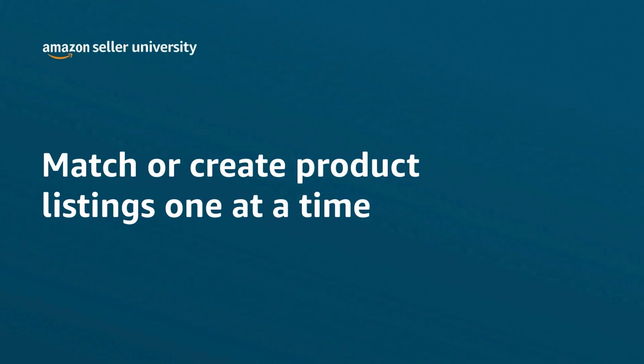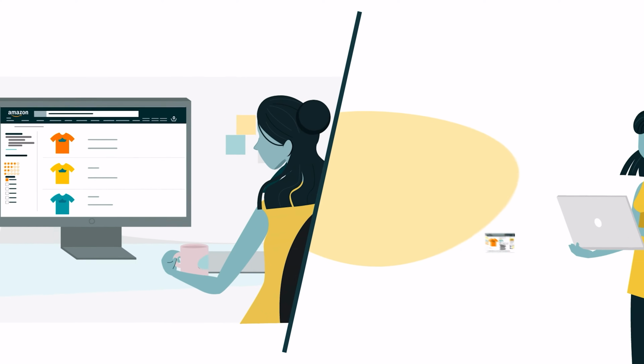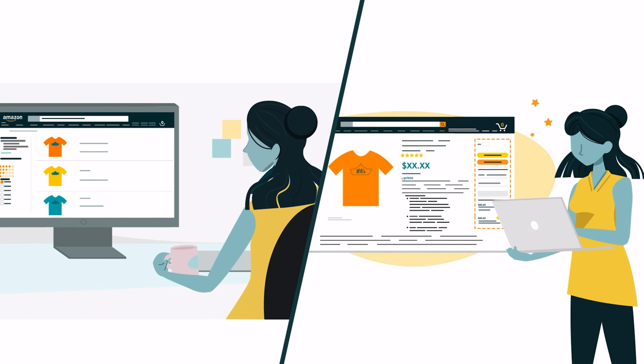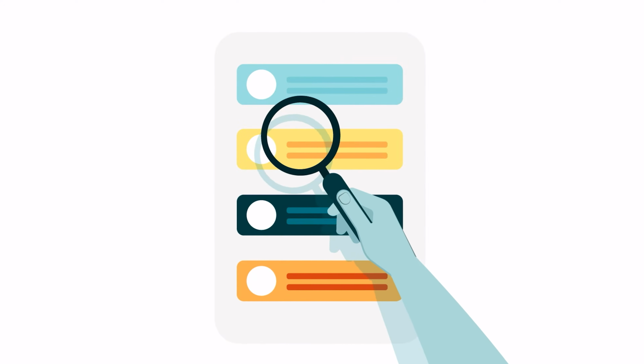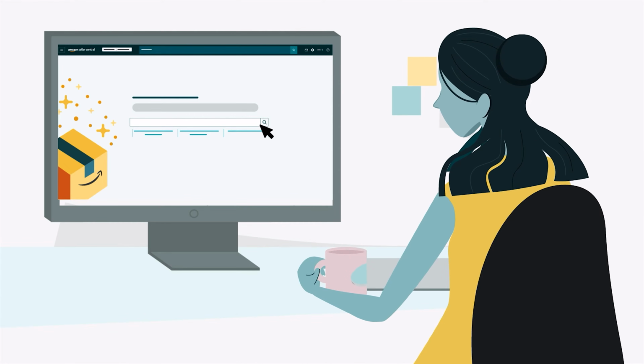Welcome to our training on matching or creating product listings one at a time. You'll need to upload and list your products in Seller Central to sell them in the Amazon store. In this video, we'll review step-by-step instructions for listing products one at a time using the Add Products tool in